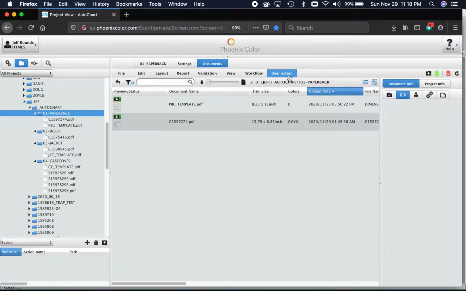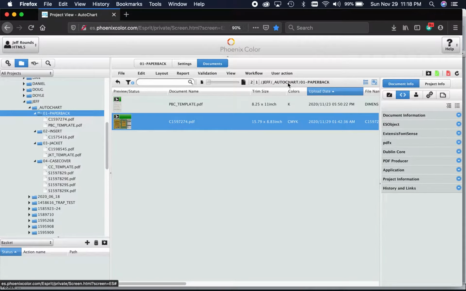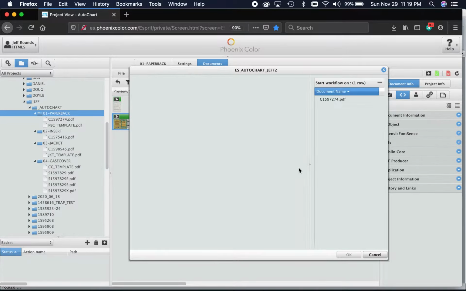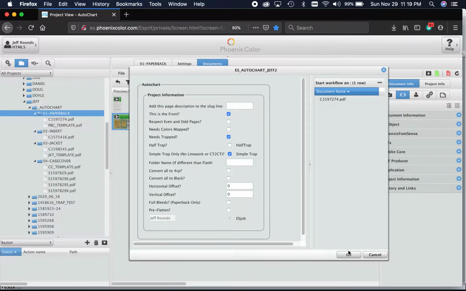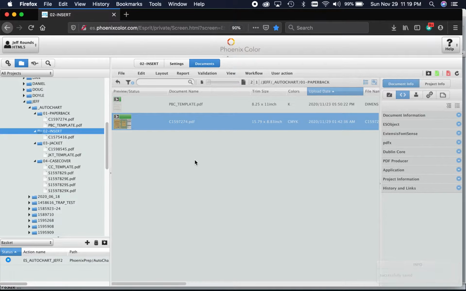The workflow starts just through a user action, so you basically have a file named with a job number, possibly a suffix, and you choose the workflow. In this case, I'm using a non-live workflow, and I'm just going to leave everything as is. Switch to the insert,